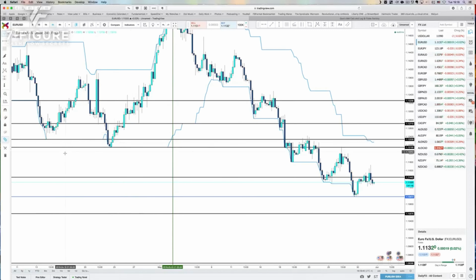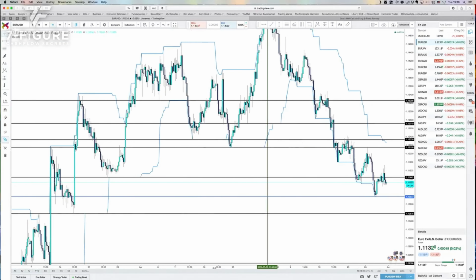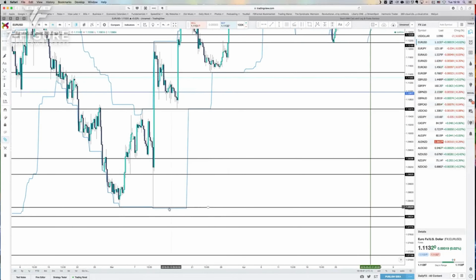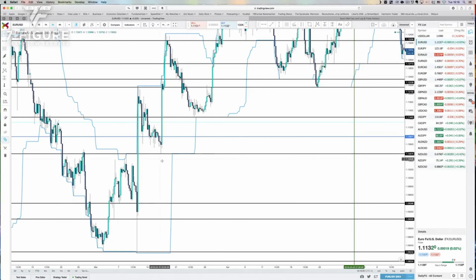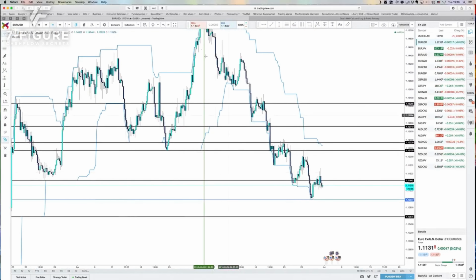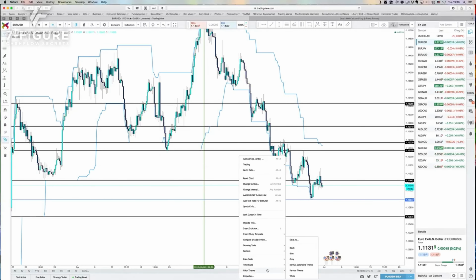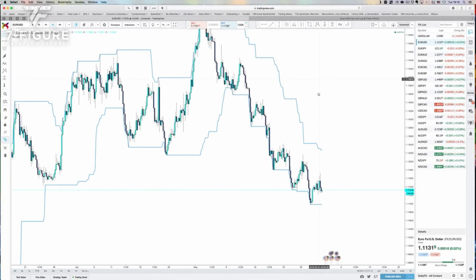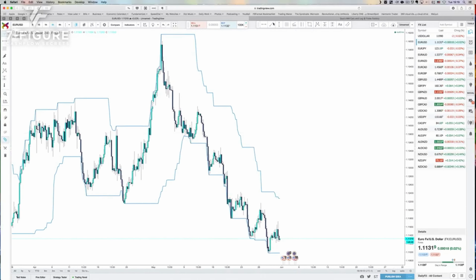I grab my Donchian channels, and just to recap, all right, I get my Donchian channels and I start placing lines on the support levels where there's some large flat areas of the Donchian channels on the way up, all right, during an uptrend. And similarly, all right, we're now in a downtrend, so let me get rid of these drawing tools, remove all drawing tools. Now, on the way down, let me change this back to black,